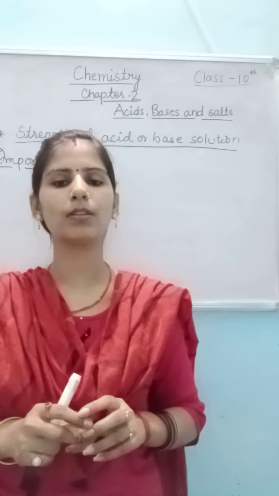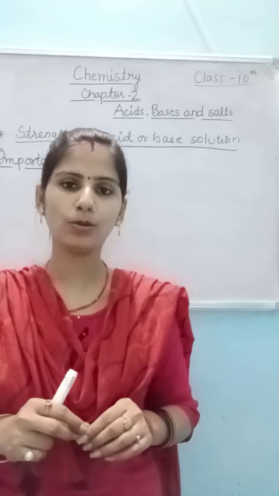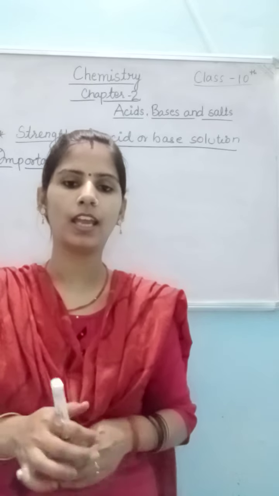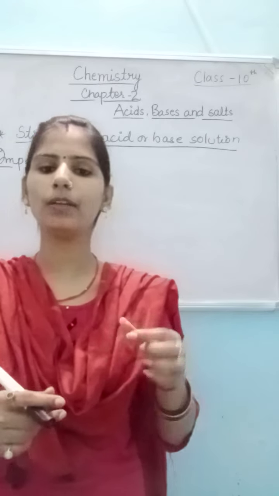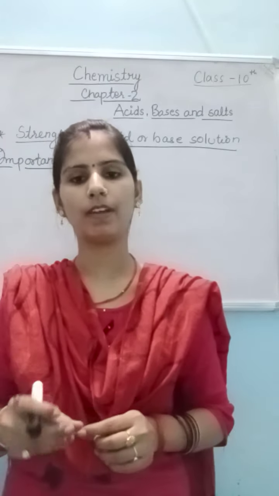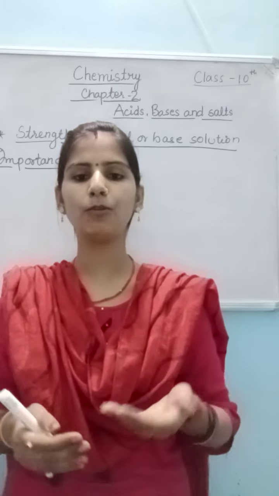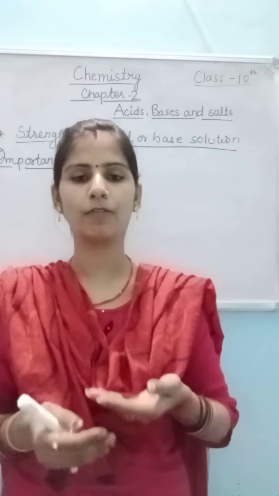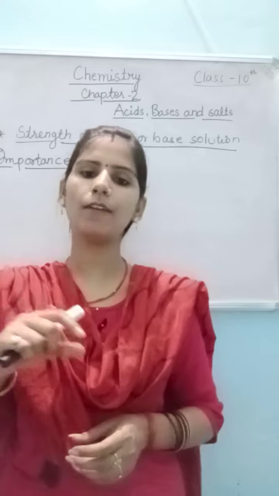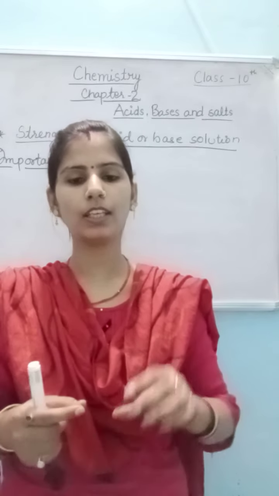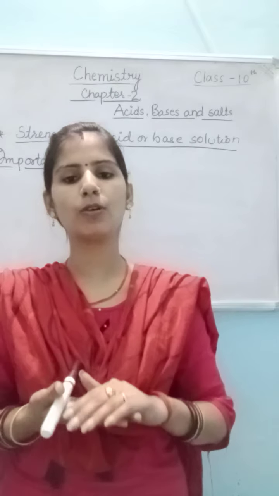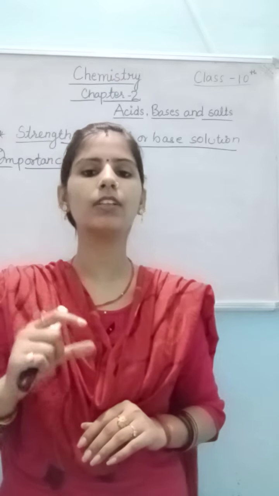We have to take that soil in a test tube. In the test tube we add some water and shake it very well. After shaking, the soil and water mix very well. Now we have to take a filter paper. With the help of filter paper we filter that solution into another test tube. After that, the soil particles remain on the filter paper and we collect the filtrate in another test tube.